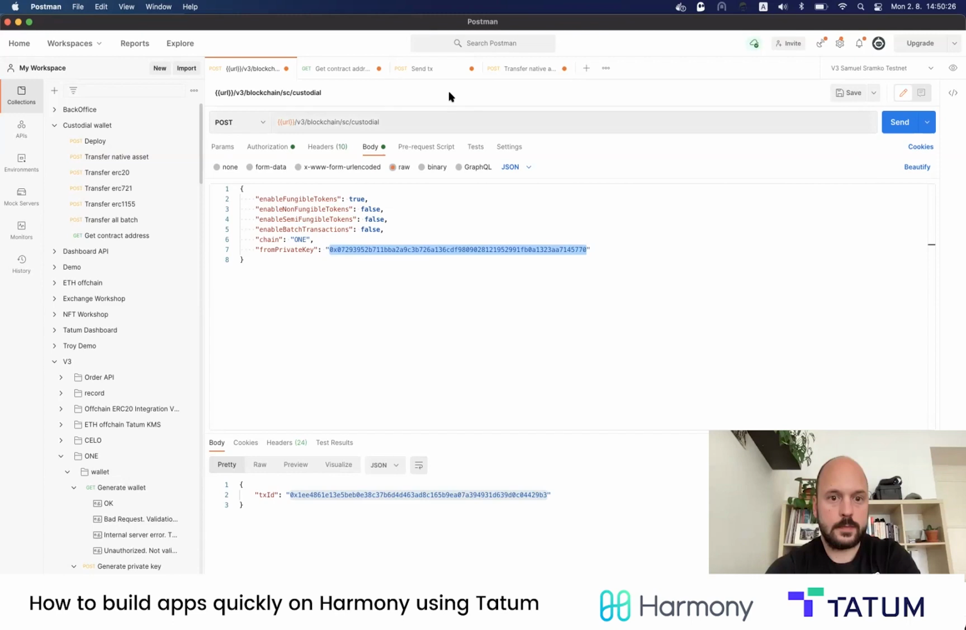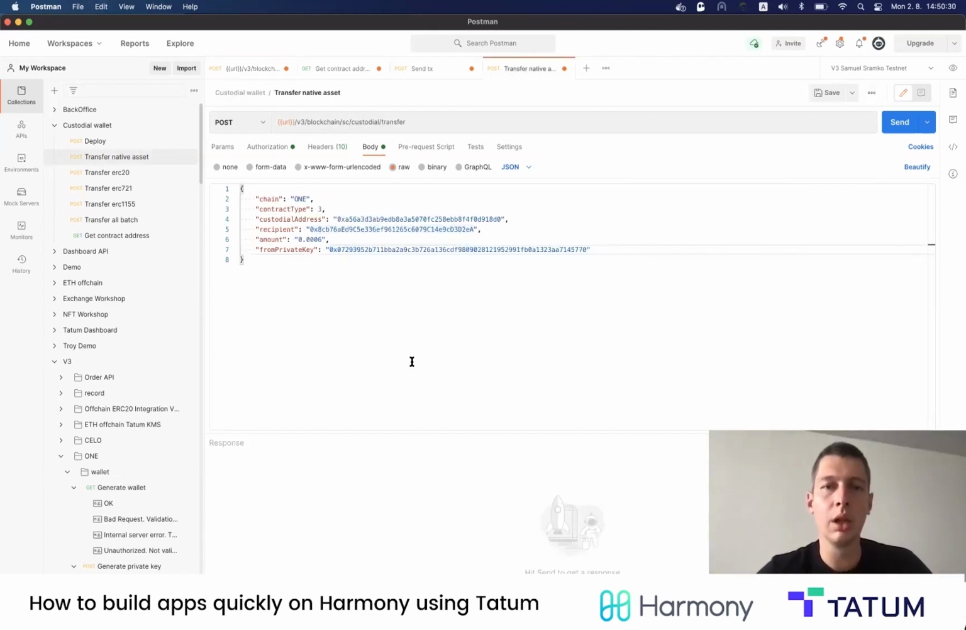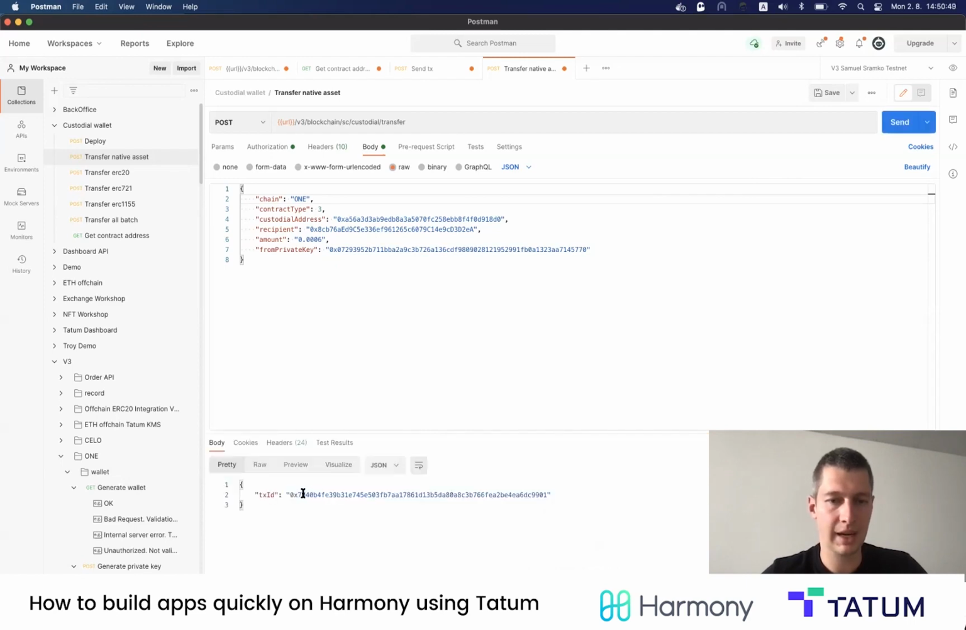So the private key which will sign the transaction will be the one used for deploying the address. So from this address, the gas fee will be paid, not from the custodial user balance. So let's just transfer 0.0006 to someone else, and let's check the